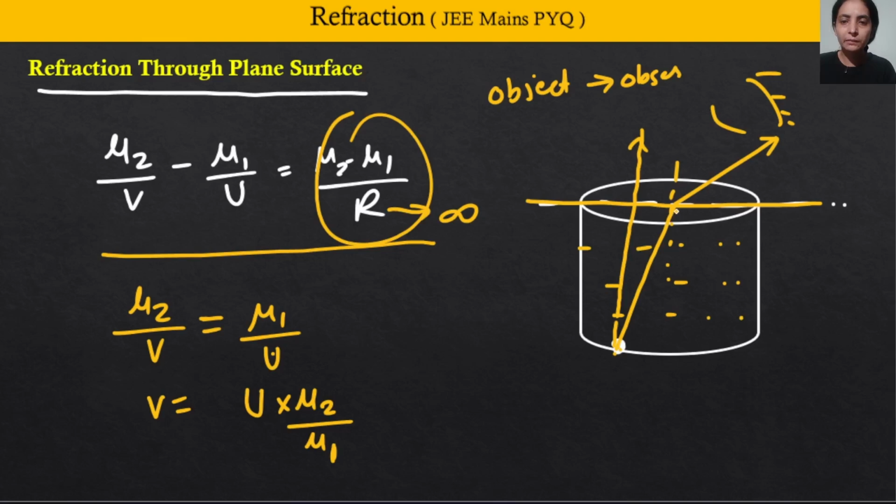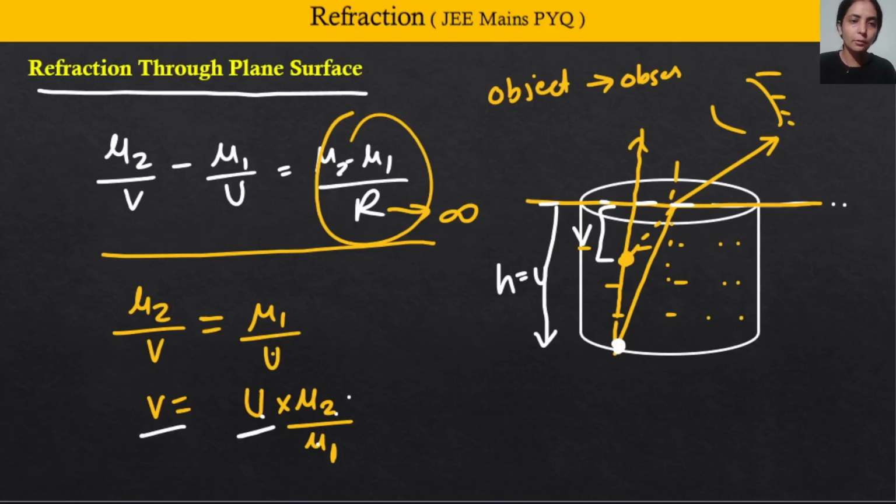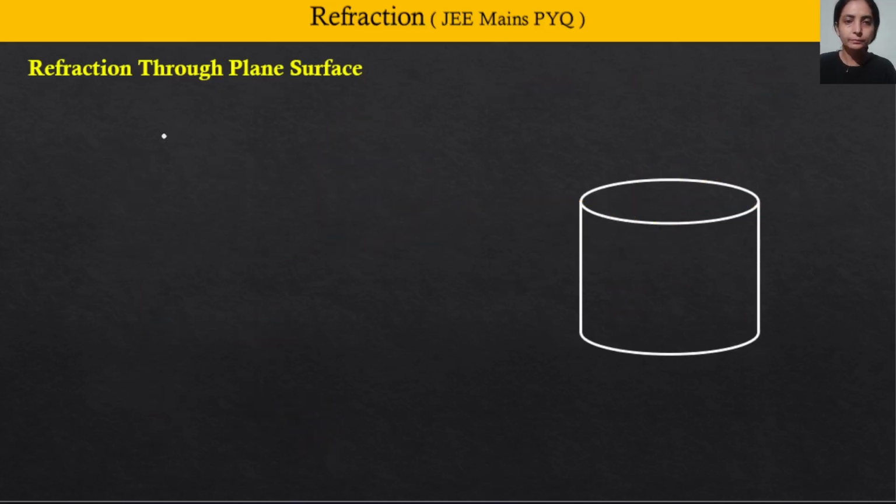अब इस केस में तुम्हें पता है, सबको पता है कि ये चीज थोड़ा सा lifted दिखेगा ऊपर की तरफ। तो देखो यहाँ पे जब भी तुम object distance का measurement करोगे, you will do from the surface, right। So this is at a distance of, let's say, equal to the depth of the container, and this is getting apparent depth over here। So this is basically your v and this is your u। So देखो v हमें छोटा आना चाहिए, यहाँ पे put करके देख लो, mu2 वन हो जाएगा, mu1 mu होगा। So u by mu, something getting divided by something greater than one, so definitely ये छोटा होगा u से, right। So somewhere here, है ना। तो ये formula आप याद रखना, v equal to u into mu2 by mu1, ठीक है।